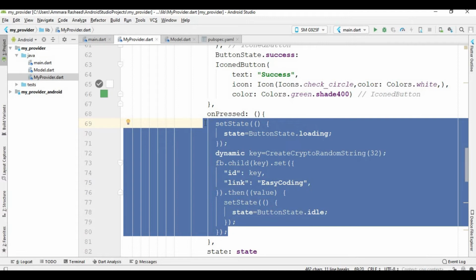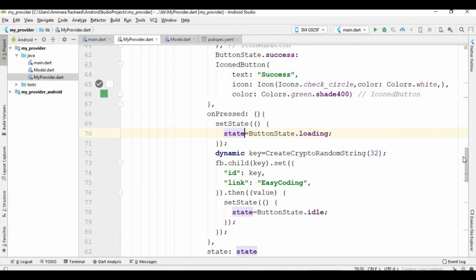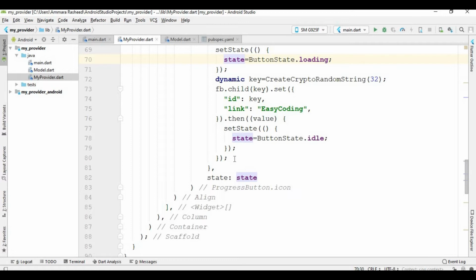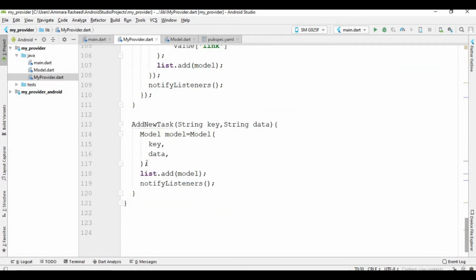this code does not add the data inside the list until I refresh the page. So by using this provider, we do not need to refresh the page, but this code also adds to this list. So this list shows the current data to our list view. Okay, so now just call this function from here,